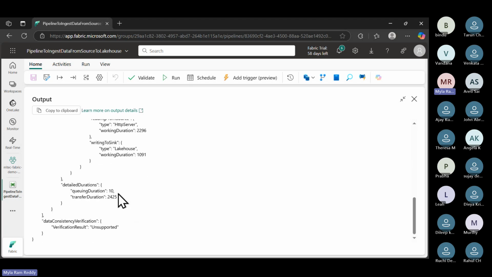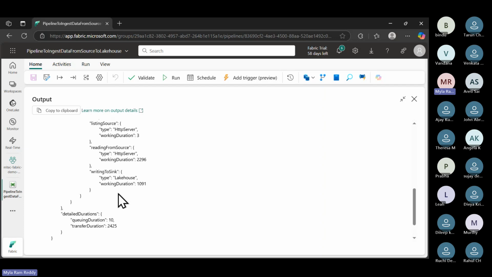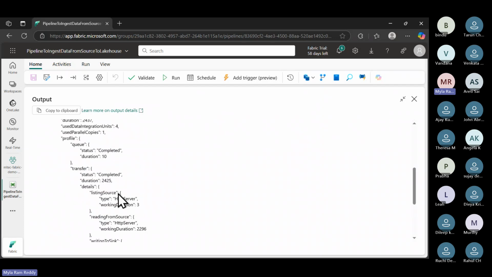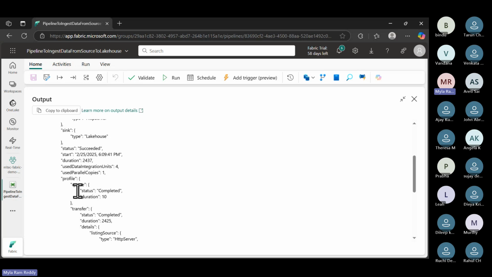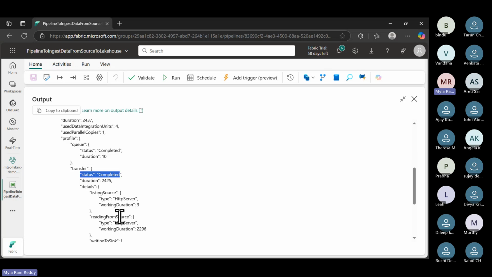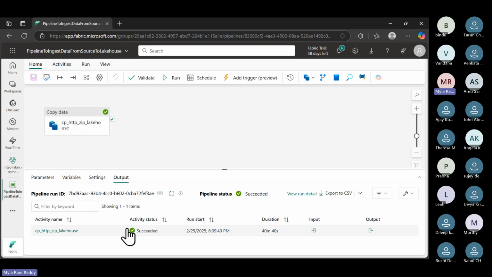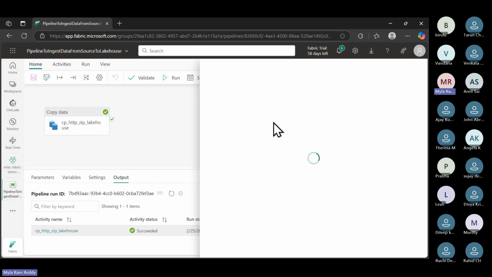We have the one thing that is called LakeHouse, then duration. We can see the status, it's completed, the transfer status is completed. So all things are successfully completed. Okay, and also if you want to see it visually, click on the activity name below. If you click on this, then we can notice